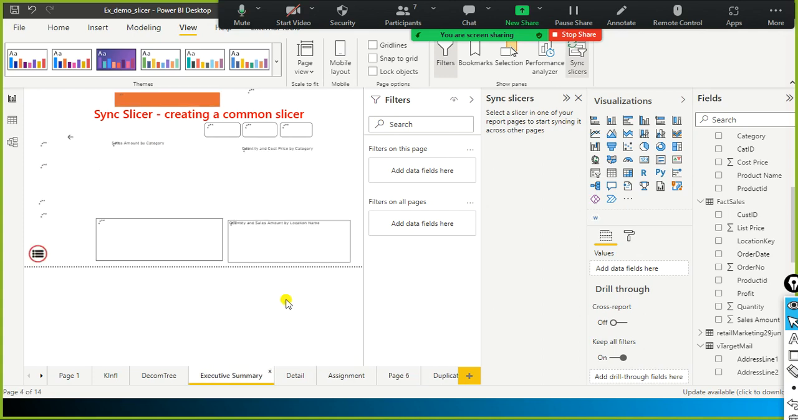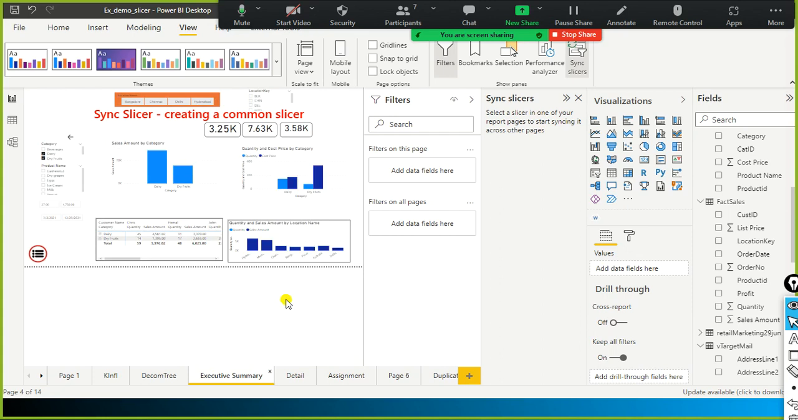So now you understood the difference between slicer and sync slicer. Sync slicer, basically you are creating a common slicer across the desired pages. That's it. If you remember that much, that is more than sufficient. The next one is,